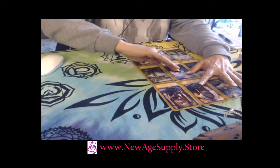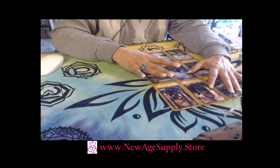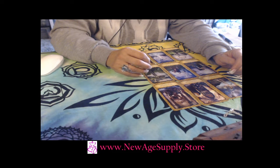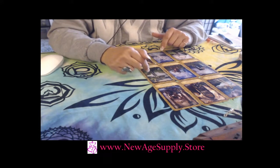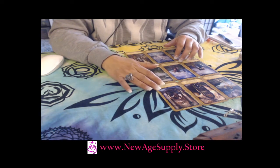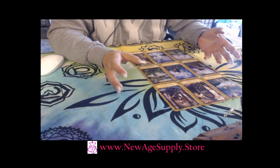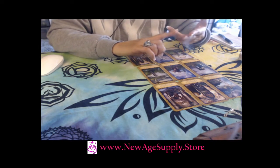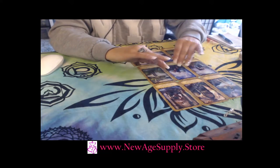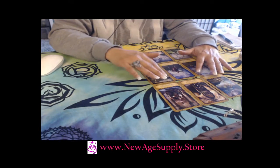Yes, but it's very impulsive, very, very impulsive. And I feel like with this card, especially with the Five of Cups coming up right after it, you may be going into something super fast, kind of spontaneously, and it could be the way you're coming at a person or at somebody that you work with or a job opportunity. I think if you slow down and just pace yourself with this, you'll have a better result,